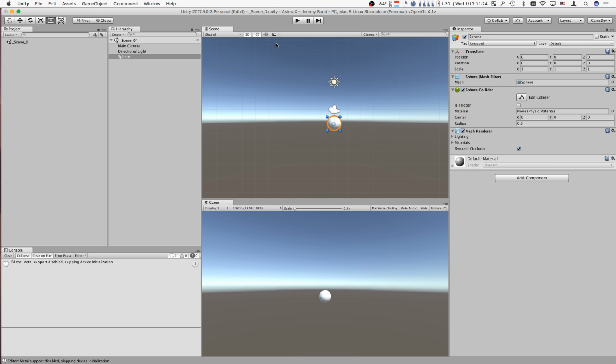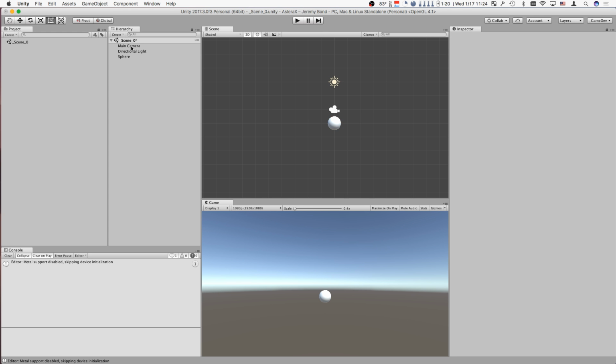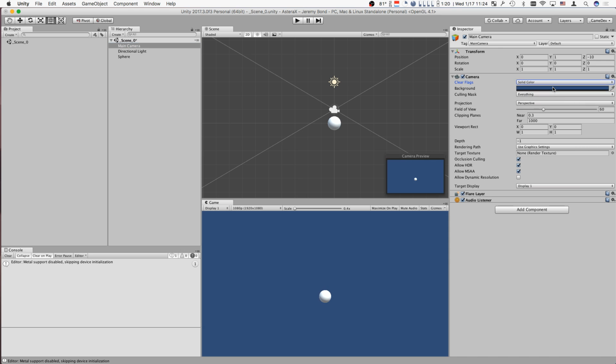So what I like doing is clicking up here and turning off the skybox, which gives me a nice gray background, which I frankly like working on because I find it less distracting. And you can do the same thing with the camera. We showed this before, but you click on the camera, and under clear flags, you go to solid color, and it'll clear it to this nice blue color, which eventually we can replace with an awesome star background or whatever you want to do. But right now,